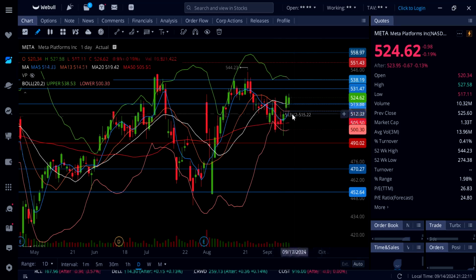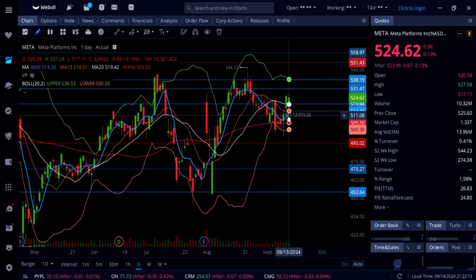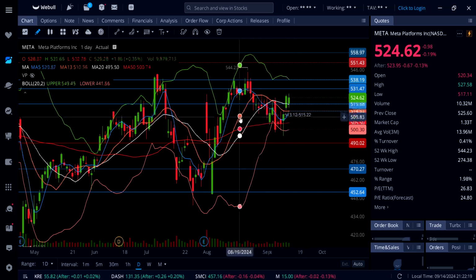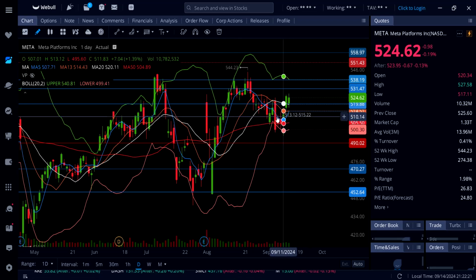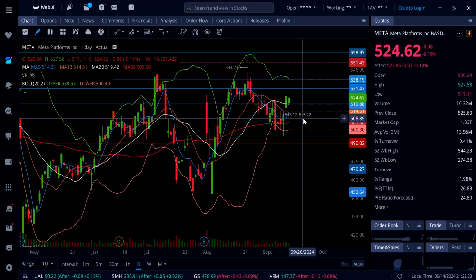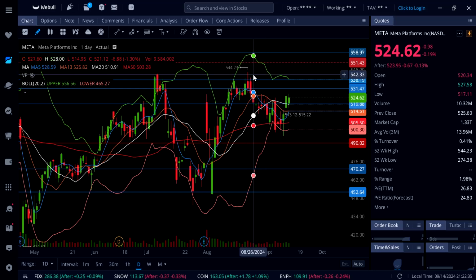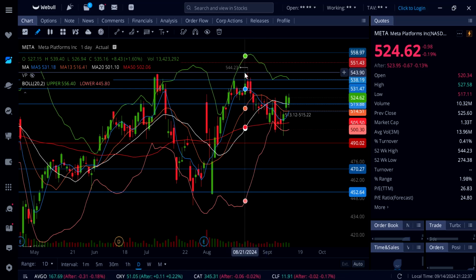So this could be a play for you guys going into Monday session. If we see some sort of a pullback down to this gap, that's going to be an opportunity, as long as this can hold right here at 513. Now before that, yes, Meta will have supported 520. As long as this thing can hold 520, then watch out for a push back up to 531 to 538, and then maybe even retesting previous all-time highs to going up to even a brand new all-time